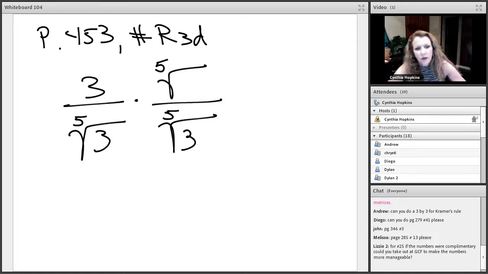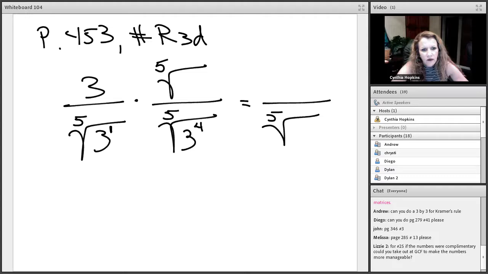Or let me say it another way, the 5th root of 3 squared. Well, I can't take the 5th root of 3 squared. That's not a perfect power of 5. So that's what I'm looking for, a perfect power of 5 under the radical. So here in the denominator, I'm going to write 3 to the first. Don't I need a 3 to the fourth so that when I multiply those together, I will get a 5th root of 3 to the 5th, and that's a perfect power of 5. And then I can take the 5th root of 3 to the 5th and just get 3,